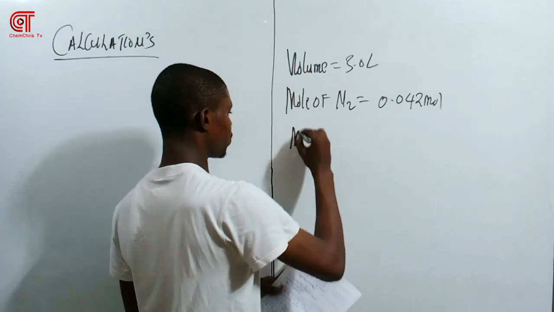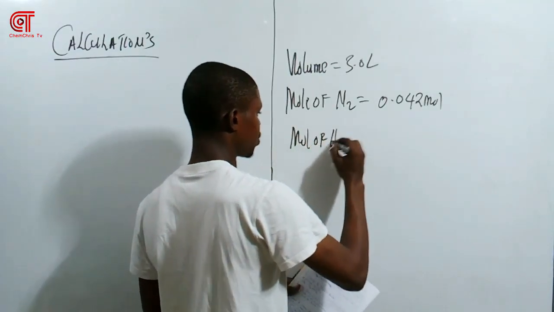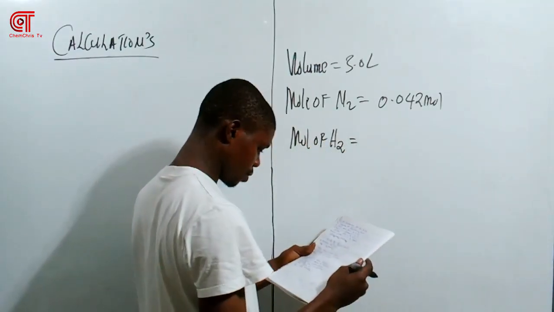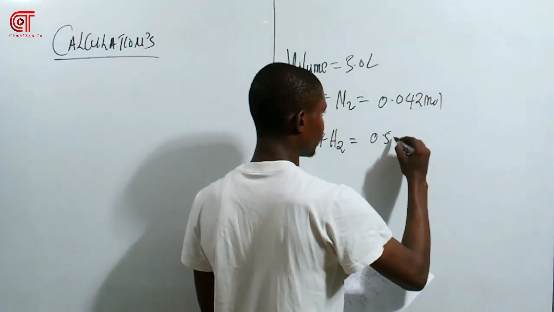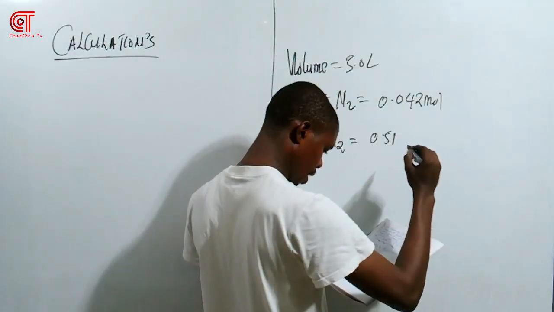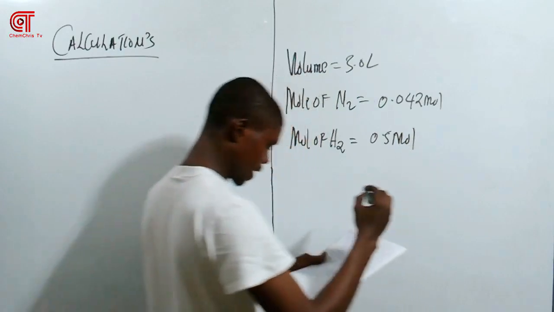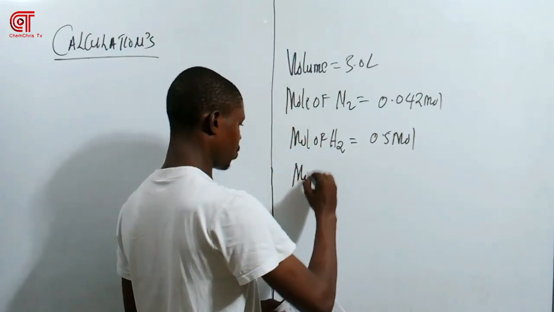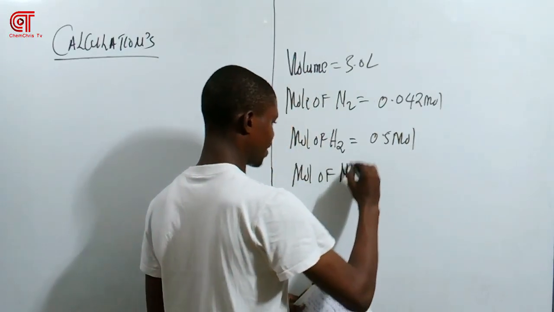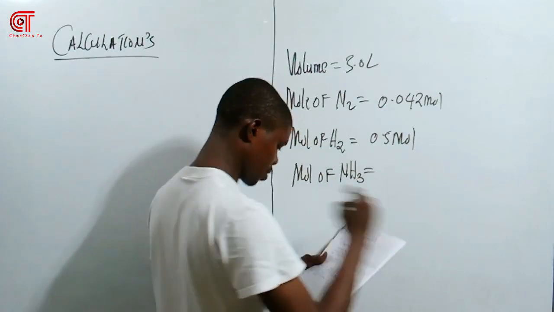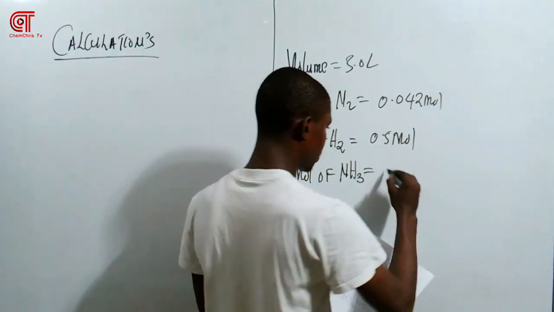The mole of H2 is equal to 0.5 mole. Then the mole of NH3 is equal to 0.0357